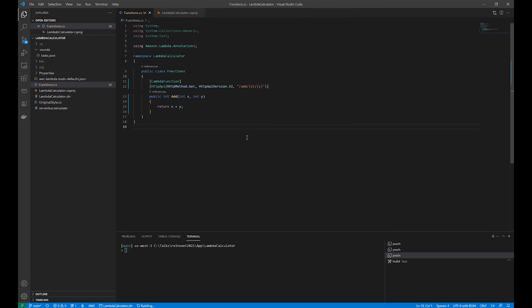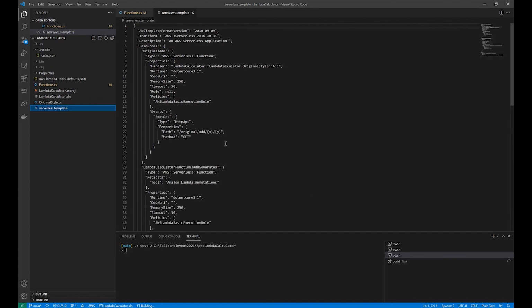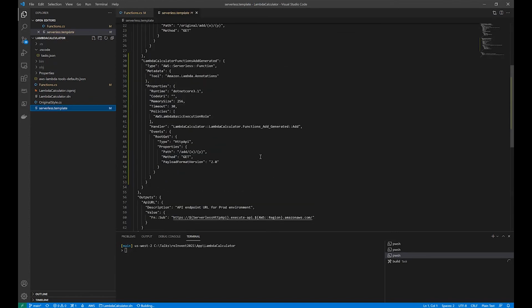Our source generator kicks in, and it's actually going to even update our CloudFormation template. There we go, just did. You can see here it created our new resource in our CloudFormation template and put all our stuff in there. So as well as making it compatible with Lambda, it also keeps our CloudFormation template in sync. And you can see it has generated an interesting looking new handler string that maps to the code generated under the covers by the source generator, which bridges that low-level Lambda programming model to what we just saw before.